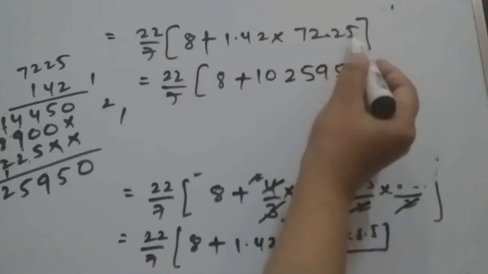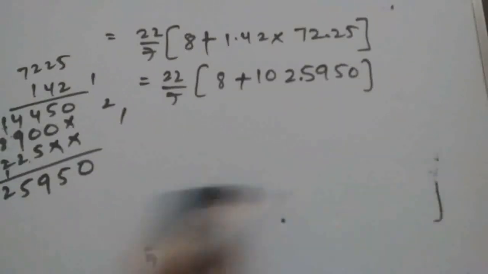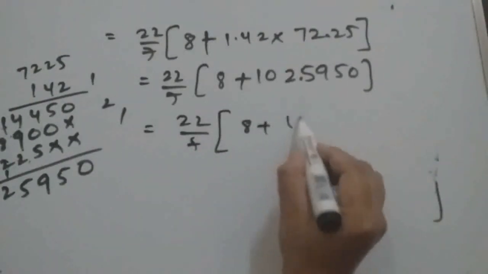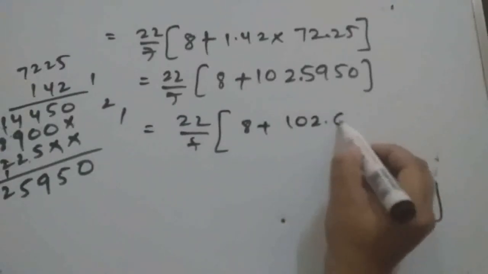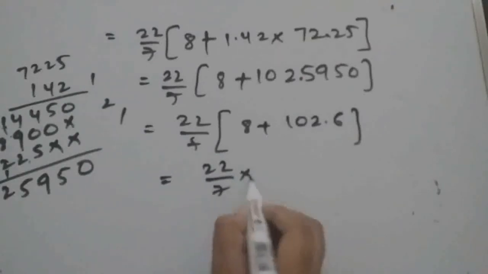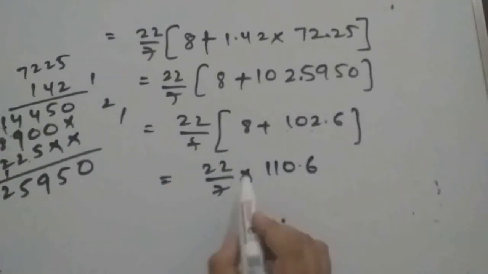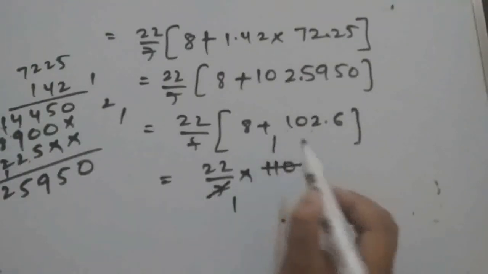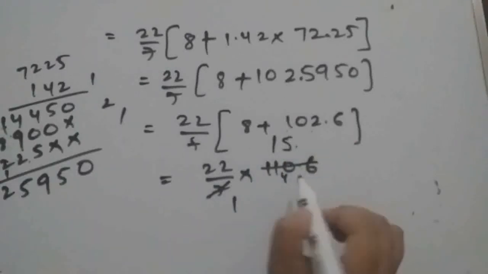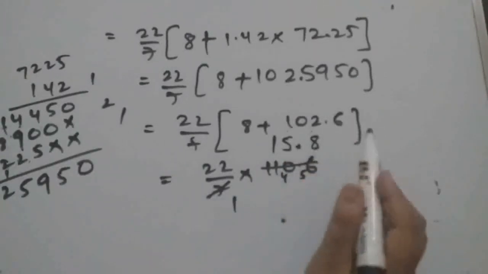After 4 digit decimal, that means this one. So what we can do, that also we can round up. Okay, 102 point, suppose 6 we can write. So this will give 110.6, isn't it? So from 7 we can cancel, 7 ones are, then 4 will remain, 7 5s are 35, then 5 will remain, so 7 8s are 56.